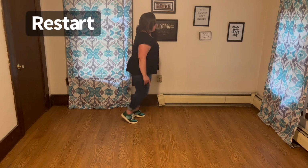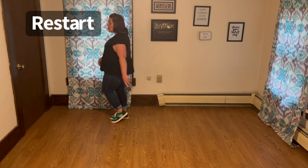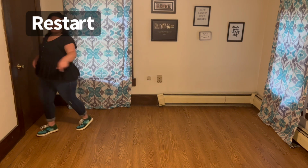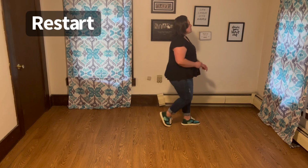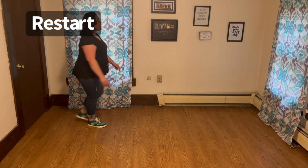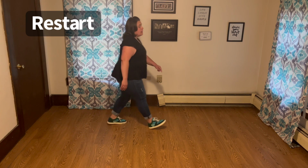recover, quarter, sailor step, half sailor step, kick, ball, change, hop and touch, hold, hop and touch, hold, step, half pivot, half, half, press, recover, step, press, recover, walk, back, back, coaster step, point, hold, step, point, heel, grind, quarter,